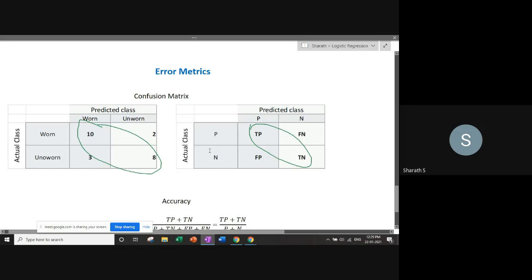If the class was n or 0 and you predicted it as p, then it's a false positive. And if it was 0 and you also predicted 0, it is a true negative. And what is your metric? The true positives and true negatives, which fall on the diagonal of this matrix, are very important, so they refer to your accuracy. Whatever is off diagonal are your inaccurate predictions of the classes. That is why this sort of matrix is known as a confusion matrix.